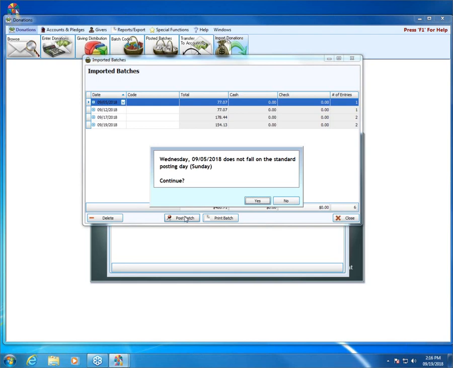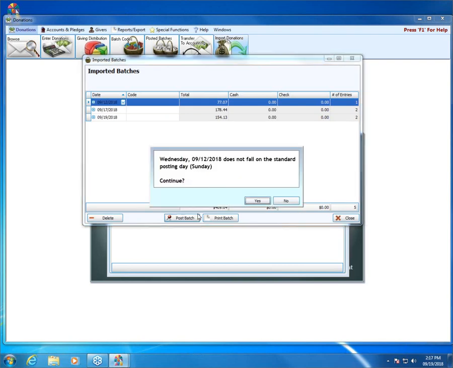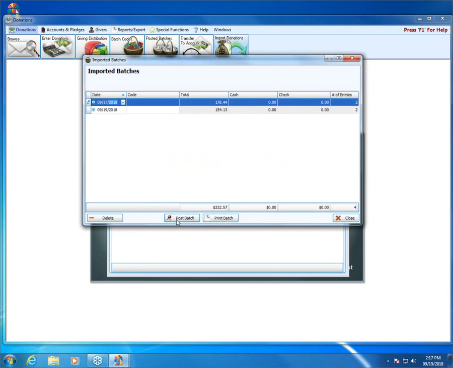So I'm going to highlight my batch, I'm going to hit post, and it's just letting me know that it doesn't fall on my standard posting day, which is Sunday. Do I want to continue? You're going to want to say yes. You're probably going to get a lot of batches here from Vanco that don't fall on a Sunday because people can give any time they want, any day of the week, which is one of the features that's so nice about online giving. I'm going to hit post again,